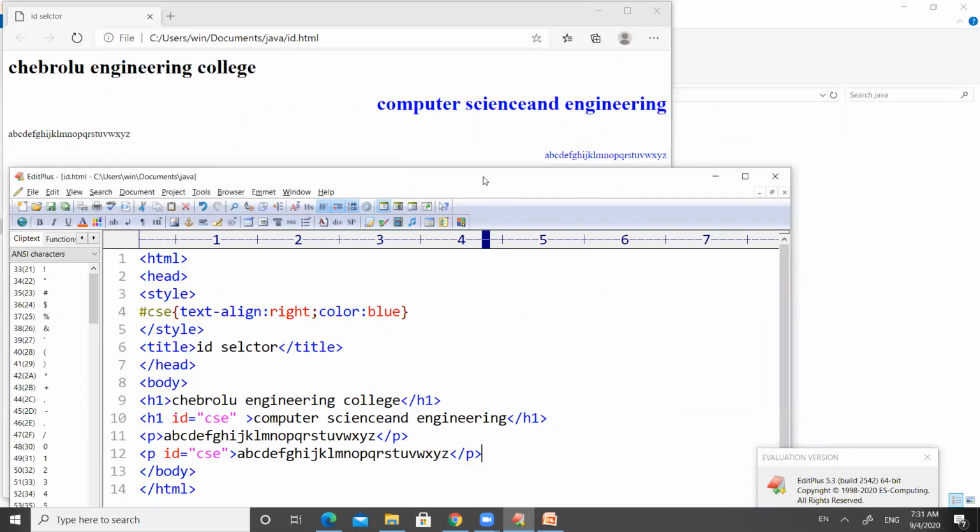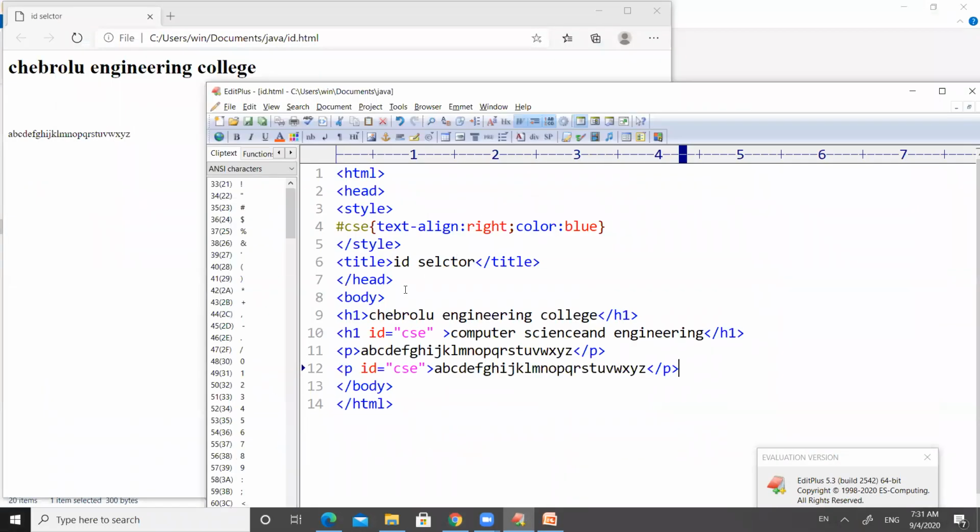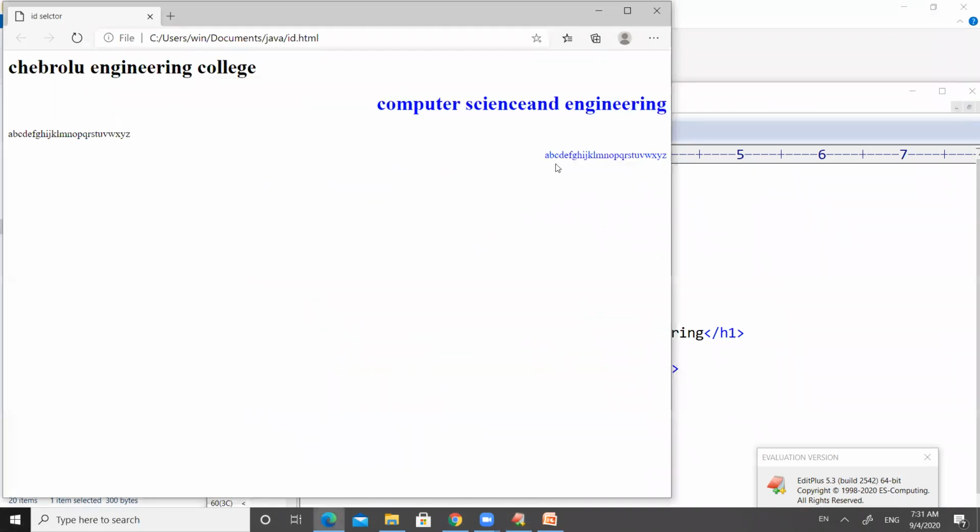If you observe, these two things are written under the tag P, right? For the first paragraph, we don't use any ID, but for the second paragraph, we have used ID equal to CSC. That's why these things are displayed on the left side in blue color, and the things in yellow color are displayed on the right side of the web page with the blue color.